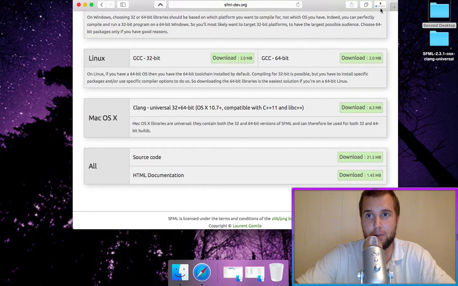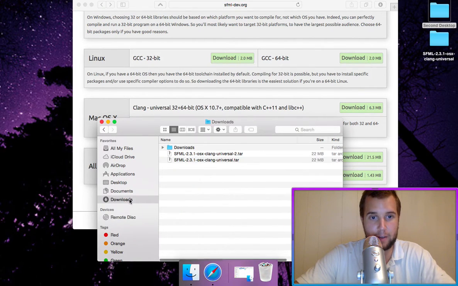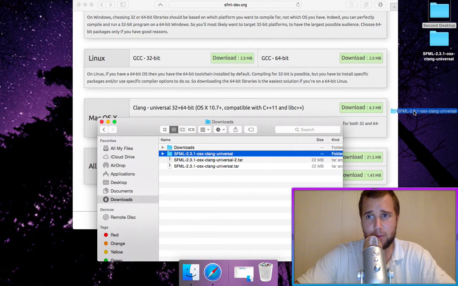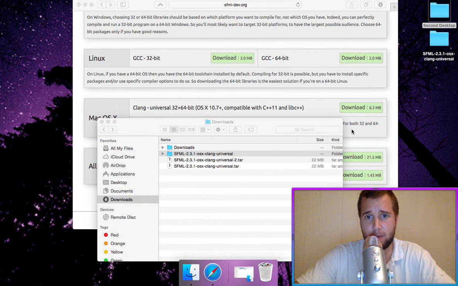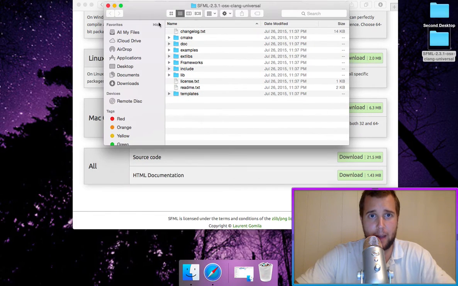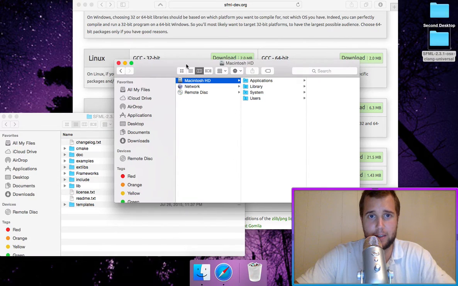And once your download's finished, this bar will be complete. And you can go over to your Finder and you can click Downloads, and then there should be a tar file, and just double click the tar file and then drag the resulting folder over to your desktop. We're then going to open that folder, and we're going to leave this folder open, and we're going to open a new Finder,